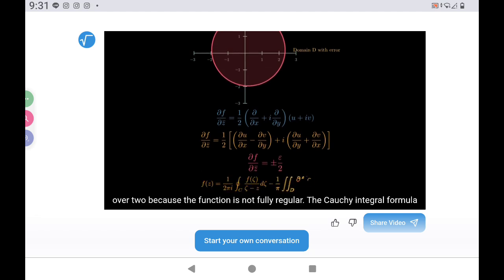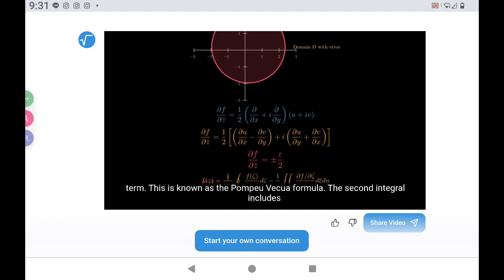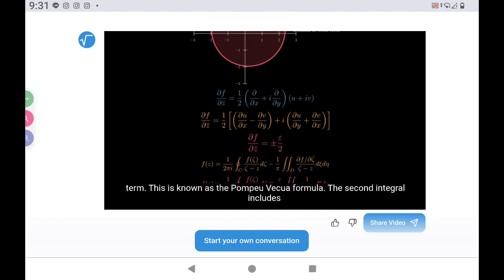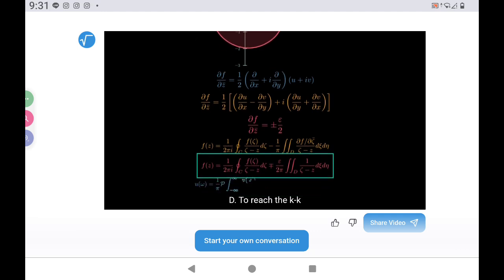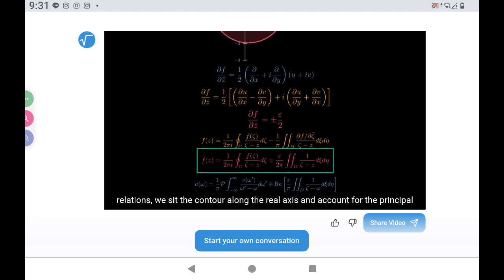Because the function is not fully regular, the Cauchy integral formula gains a correction term. This is known as the Pompeiu-Vecchio formula. The second integral includes our plus or minus epsilon over 2 and represents the spread of the irregularity over the domain D. To reach the KK relations, we sit the contour along the real axis and account for the principal